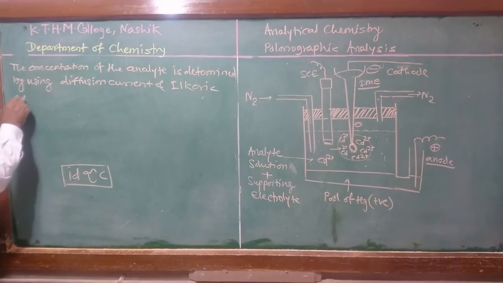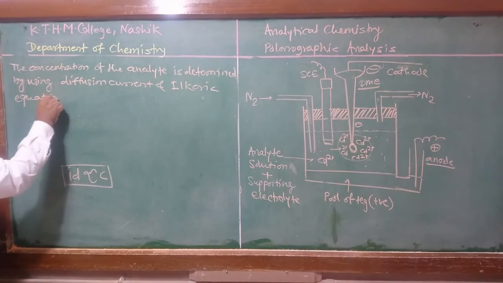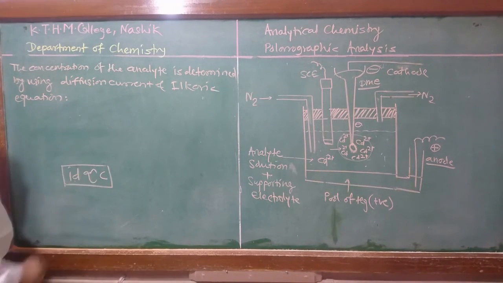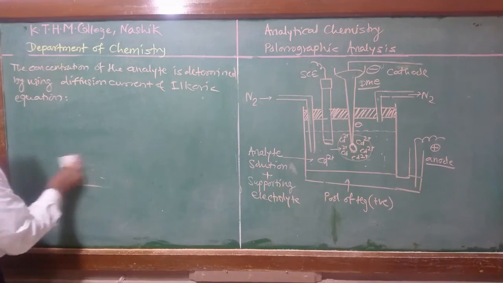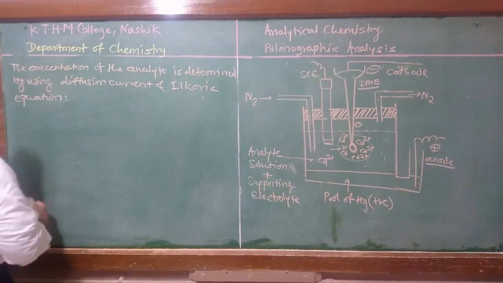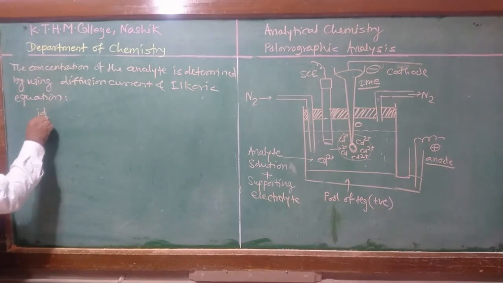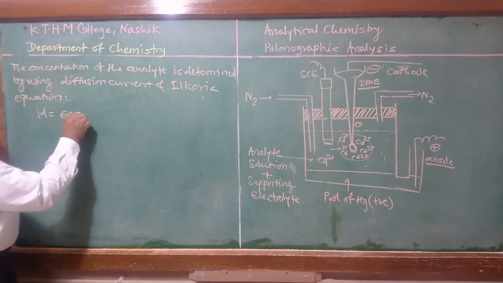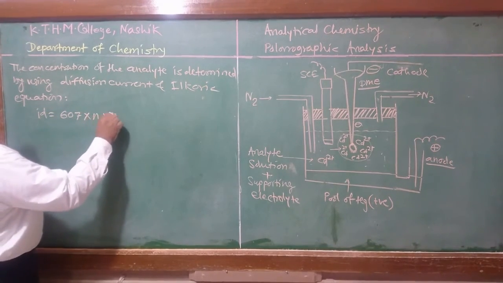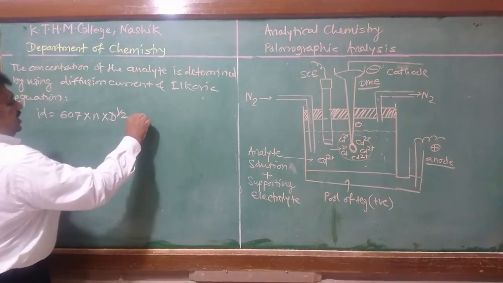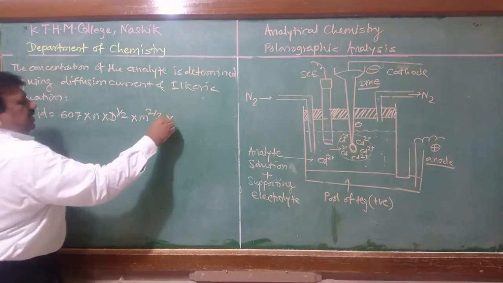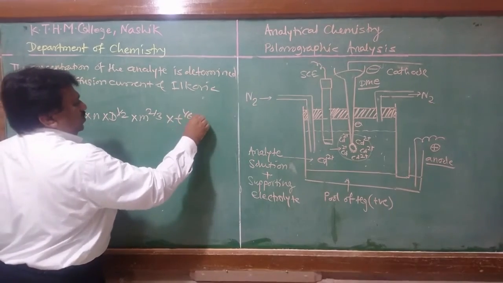This Ilkovic equation is useful for the determination of analyte in the sample solution. The equation is like this. Therefore, ID is equal to 607 into n into D raised to half into m raised to 2 by 3 into t raised to 1 by 6 into C,